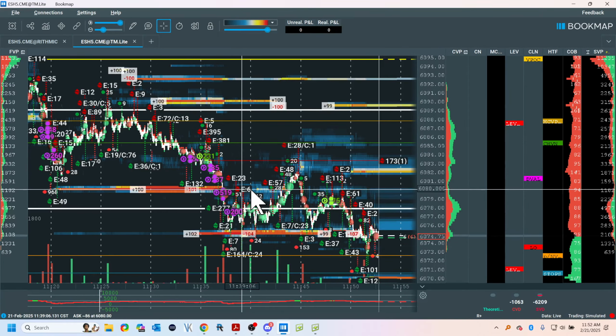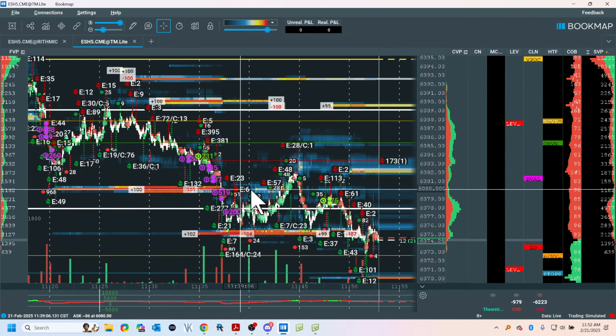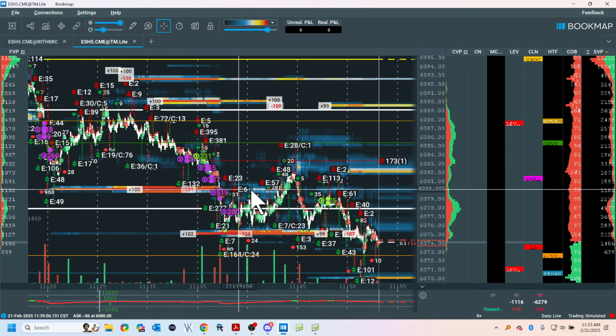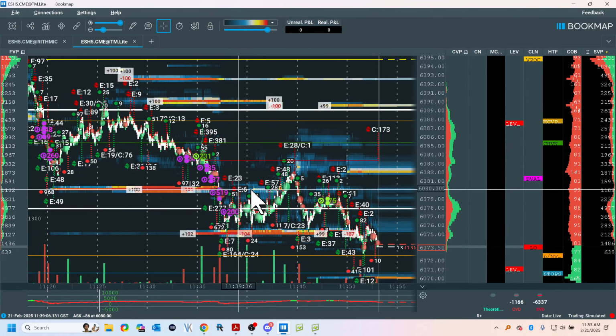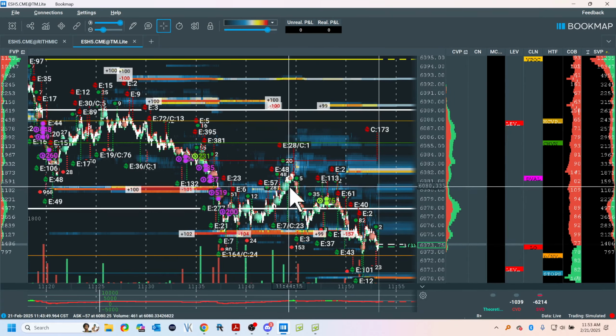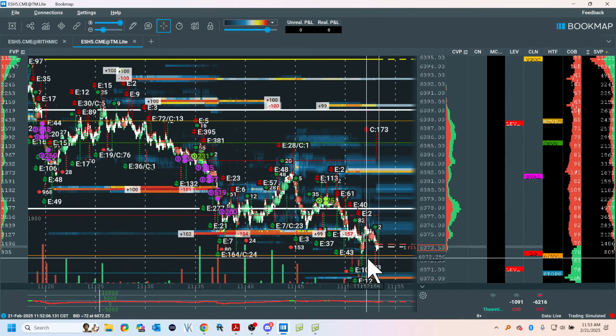Confirmation. If the VIX is going up, do you think the VIX is going up today? Let me ask you, do you think I need to have the VIX on my quote here so I can see the VIX going up? What happens if for some reason the market's going down and I see the VIX go down a little bit? Does that mean it's a reversal? What does it mean? It means nothing. It's noise. So I have none of it. I don't look at anything else other than what I see right here because I don't need anything else, because the truth of the market is happening right in front of me.